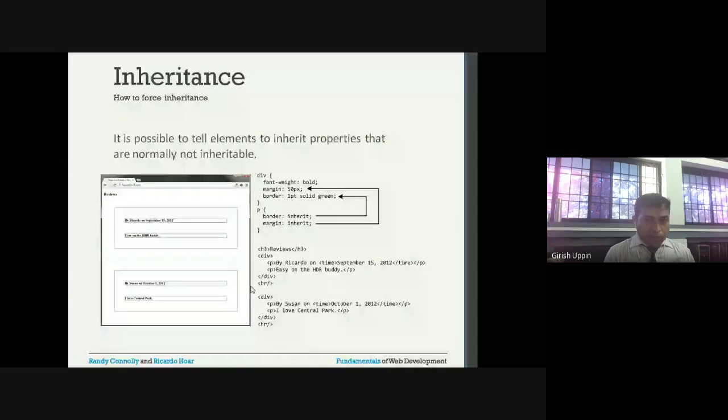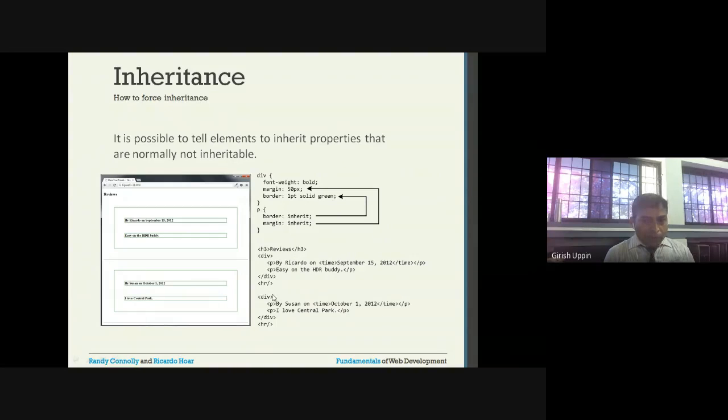And if you see this HTML side, we have an h3 with the text reviews. I have a division. Inside the division, two paragraphs are there with some text, and similarly one more division is there. Inside that I have a paragraph. So you can see the h3 reviews is displayed. After that, the div has a margin of 50 pixels, and then we have a border, solid green 1 point, and whatever text is inside will be bold.